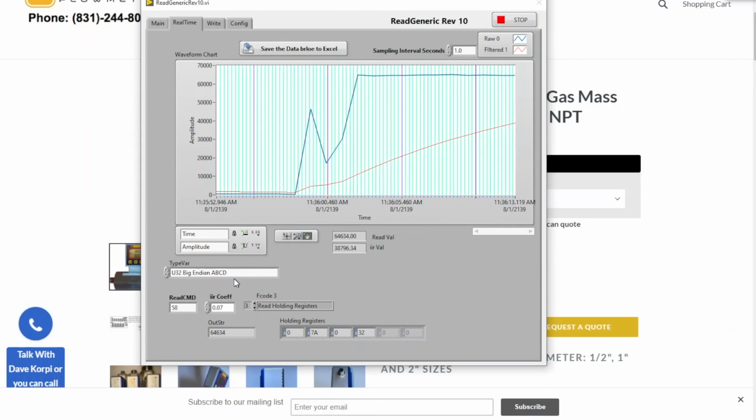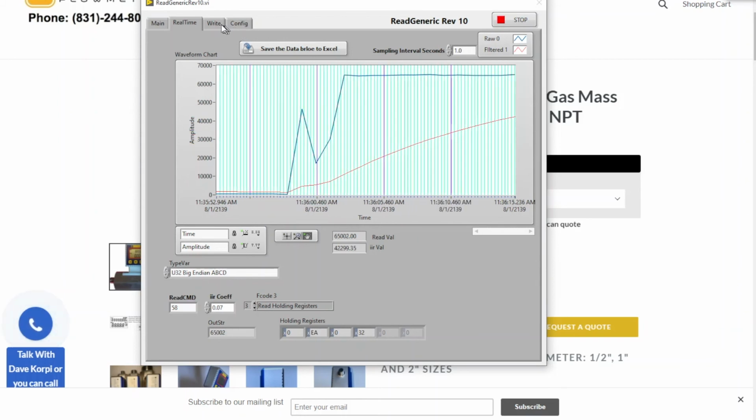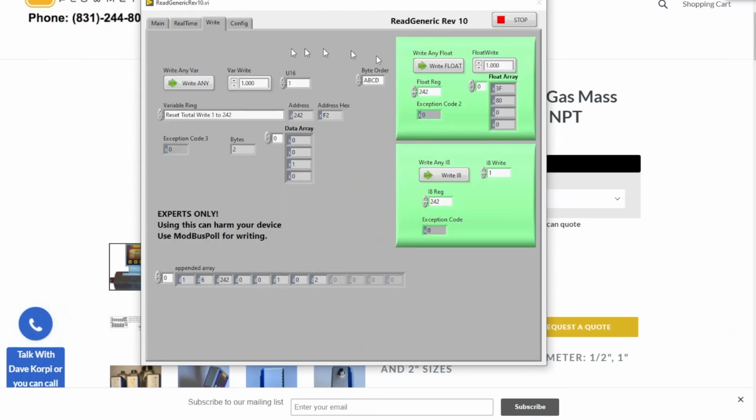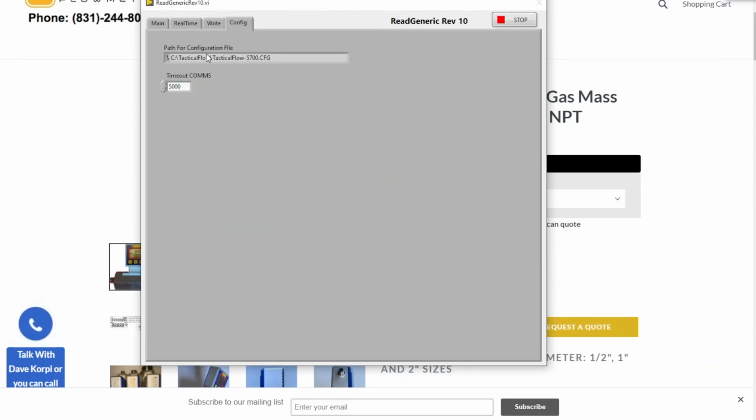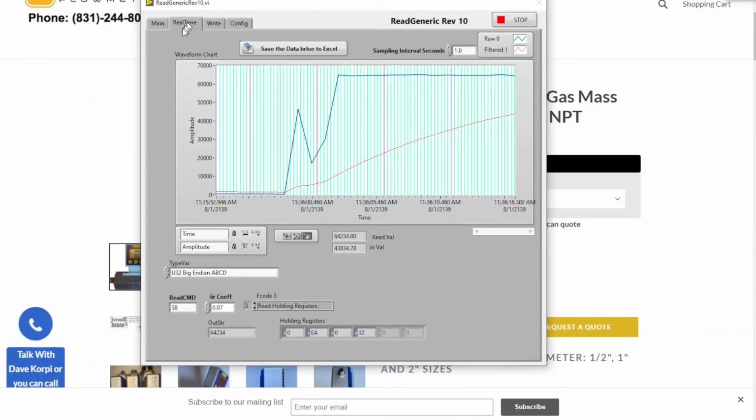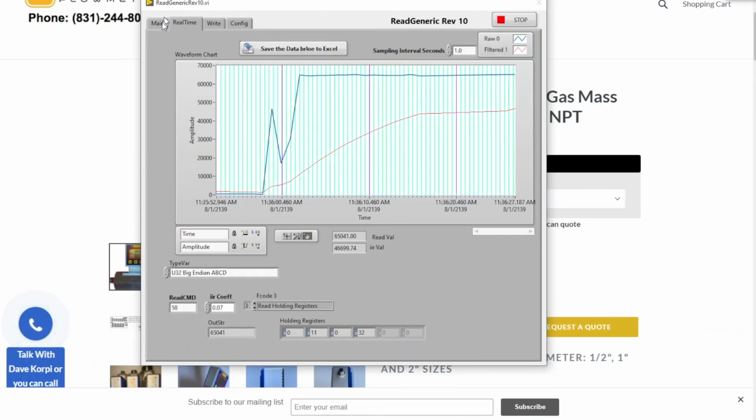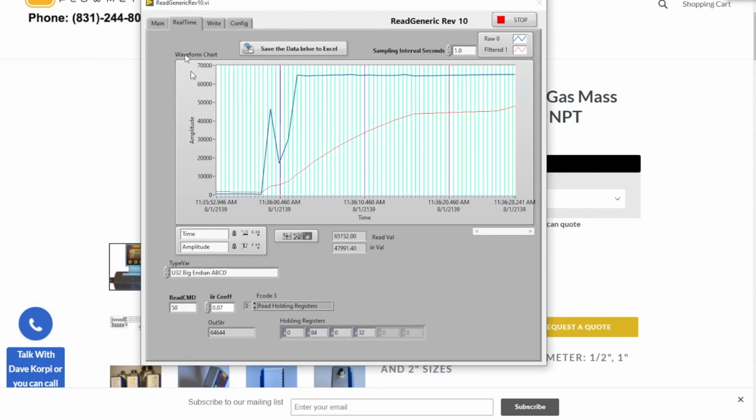You can spy on any variable you want. I'm going to caution you not to use any of these. These are for experts only. And the configuration tells us where the file lives that we're using at this moment. So if you want to look at the total flow rate